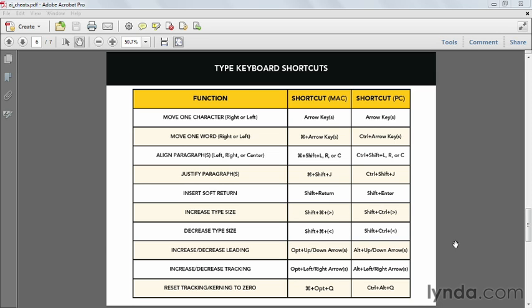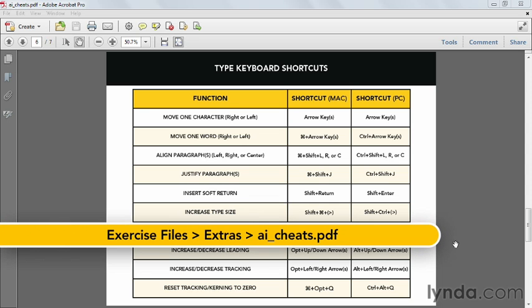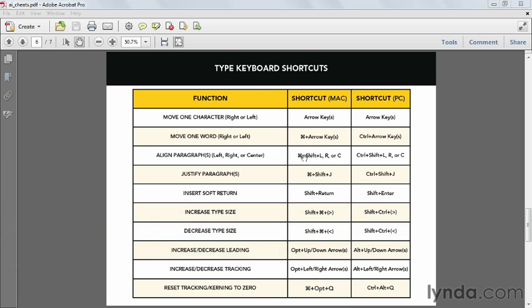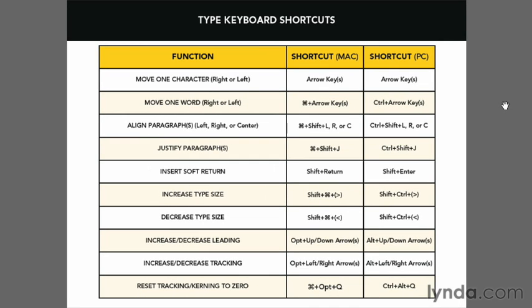them all down. You have access to something called the AI cheat sheet, and it's located in the extras folder of your exercise files. Inside of that document, if you scroll down to the type keyboard shortcuts page, you'll be able to see all of my favorite type shortcuts in one convenient location. I've also given you both shortcuts for Mac and PC. Let me go over a few of these right here, and then we'll go into Illustrator and I'll show you